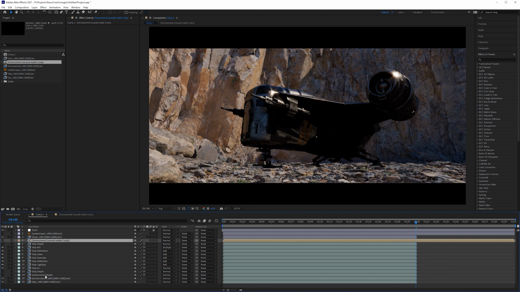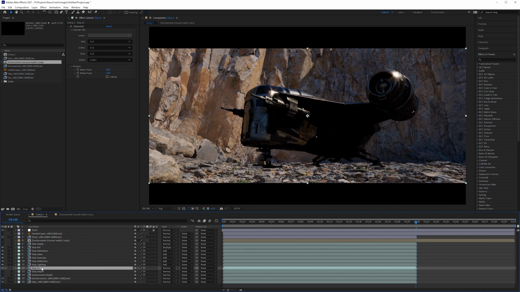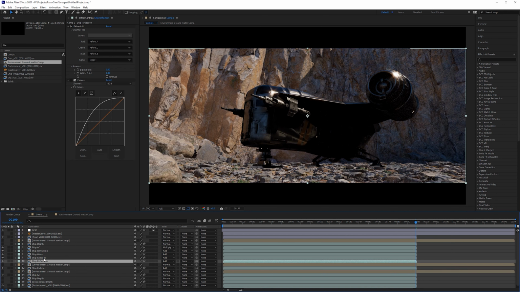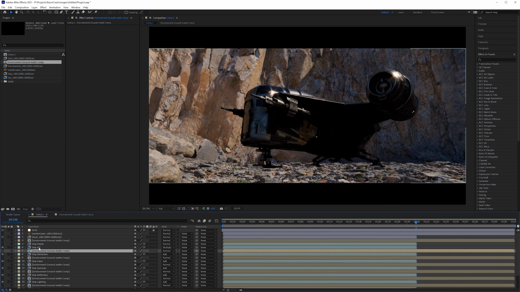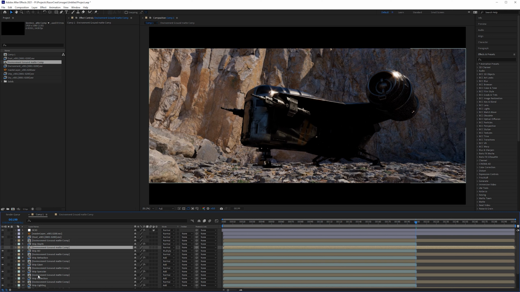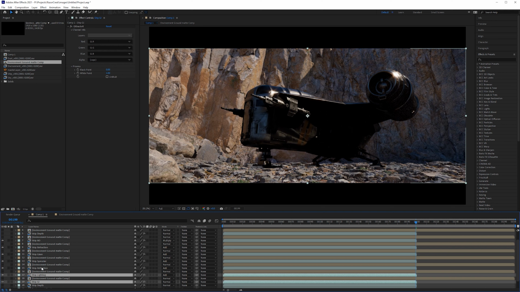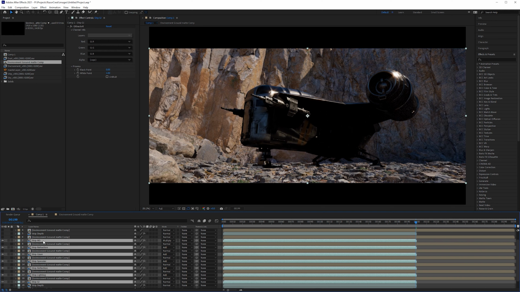And we're going to copy this layer and then go all the way to the ship GI layer and then just click Control V. So this will paste it on top of it. And remember that mattes must go above the layer that needs the matte. And then we'll go to the next one, just paste, paste, paste, and paste. We're not going to worry about ship depth right now. We'll do that in a different way. And then you can go through each one of these passes, just Control select them.